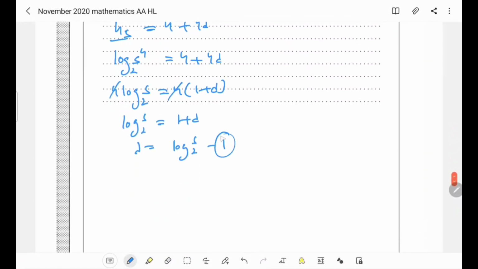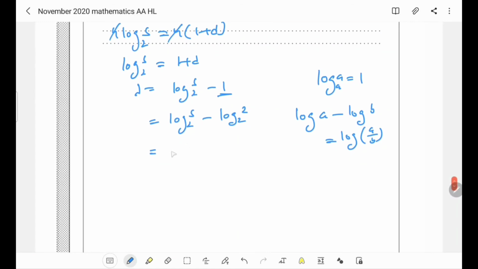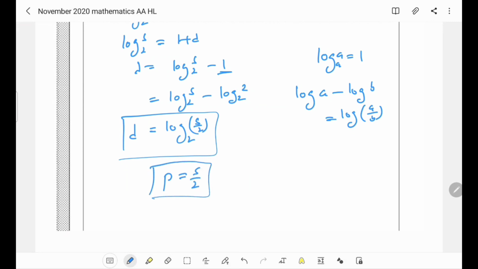Okay, now we need to write 1 in the form of log with base 2. So we know that log a with base a is 1. So if I need to write this in base 2, I can write this one as log 2 with base 2. So now we know that log a minus log b with a common base equals log a by b with that common base. So we can write it as log 5 by 2 with common base 2. This is my d. So we can directly find that our p is 5 by 2. So this is all for